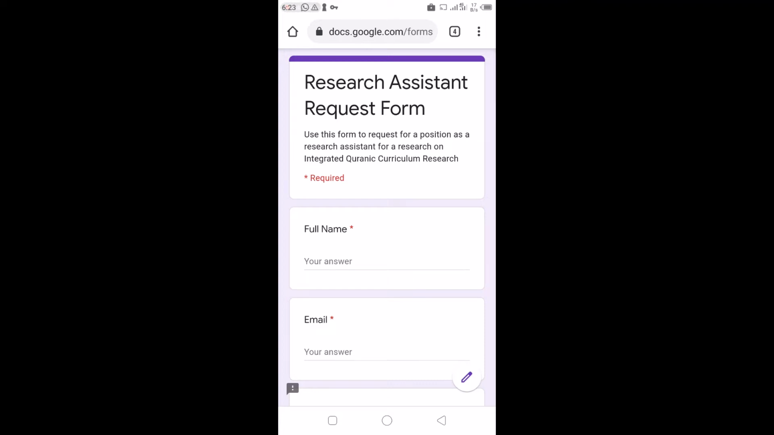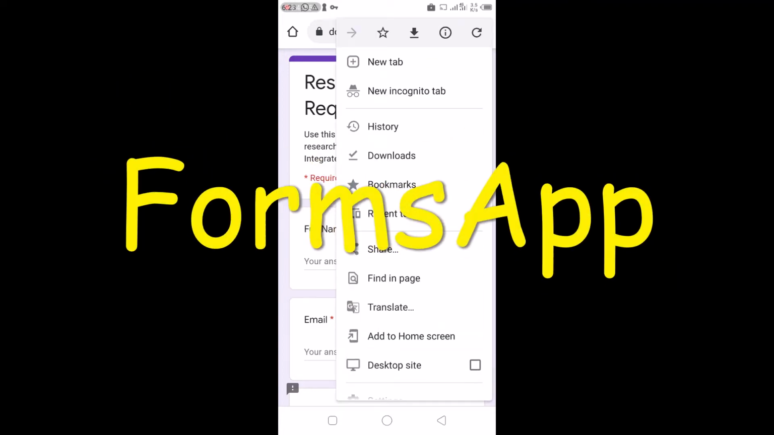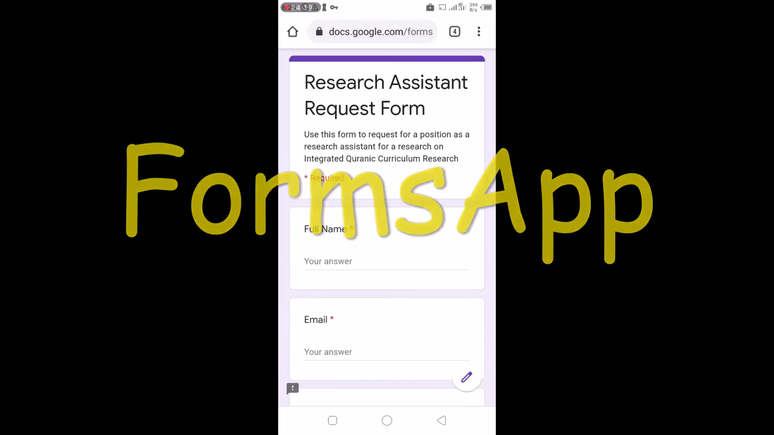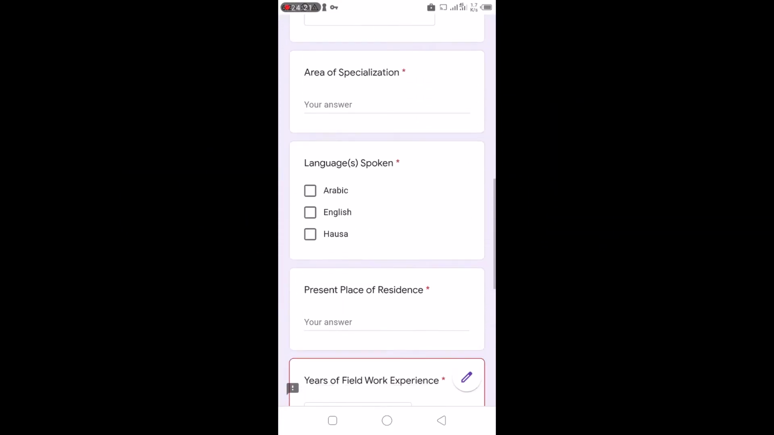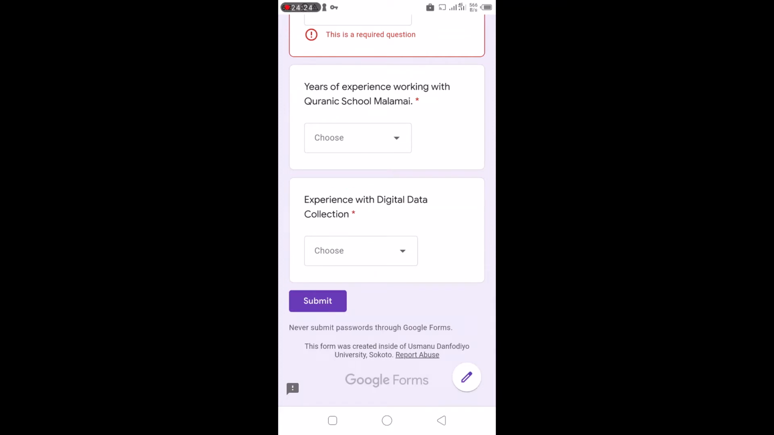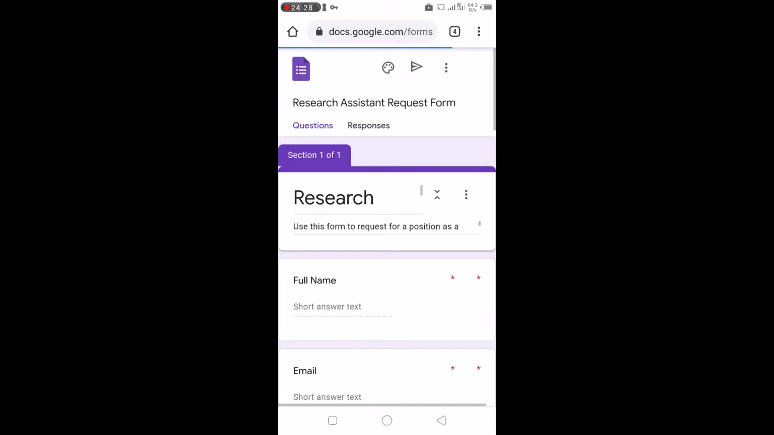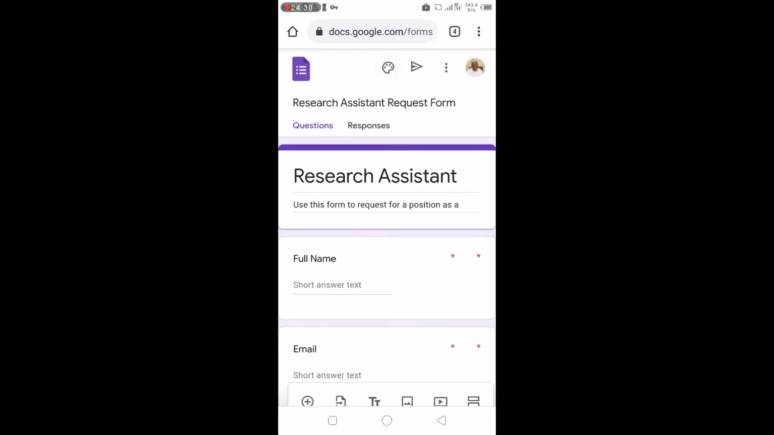Hi there. Thanks to an app called FormsApp, it is possible to create and manage Google Forms surveys from your mobile device. The app is a form builder for both Google Forms and Survey Heart Forms. In this tutorial, we will learn how to install and use the app for a wide range of surveys using